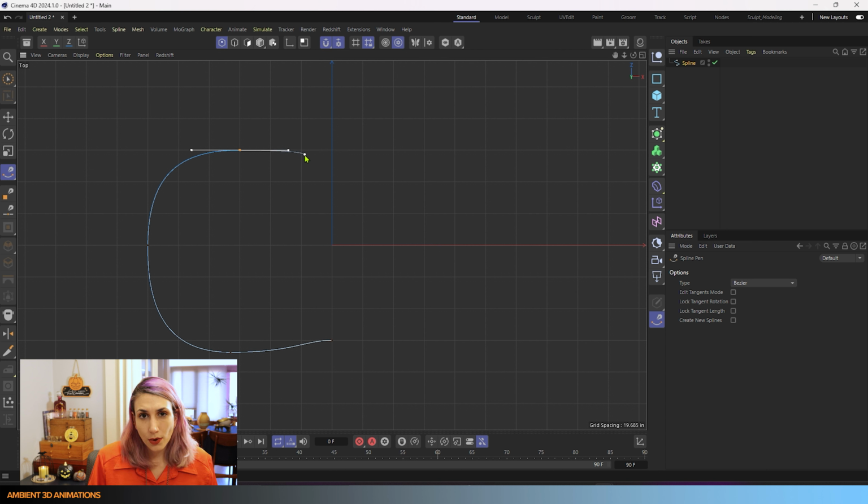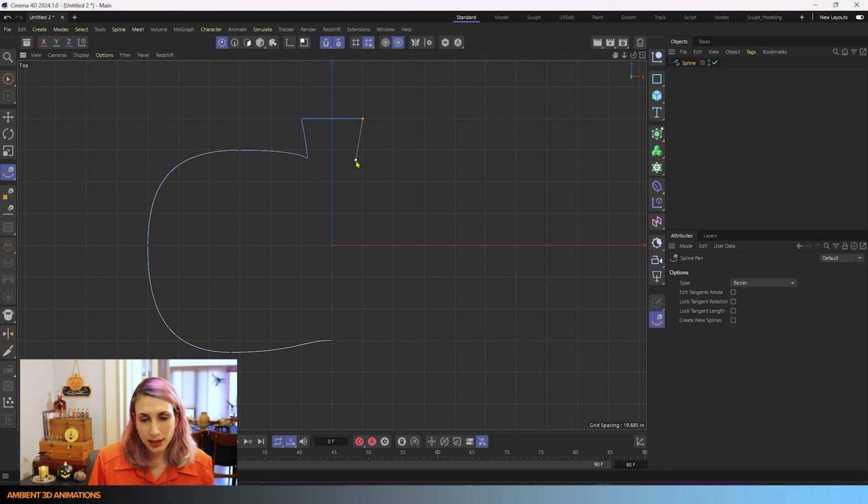If you want to not have the handles be collinear, what you can do is you can click while holding down Shift, and now we're changing the direction of this so that we now have a point. And I can actually click here and make the stem of our pumpkin. And if I click without dragging, it just makes a point without handles, and it won't have that curvature you see at these other points.